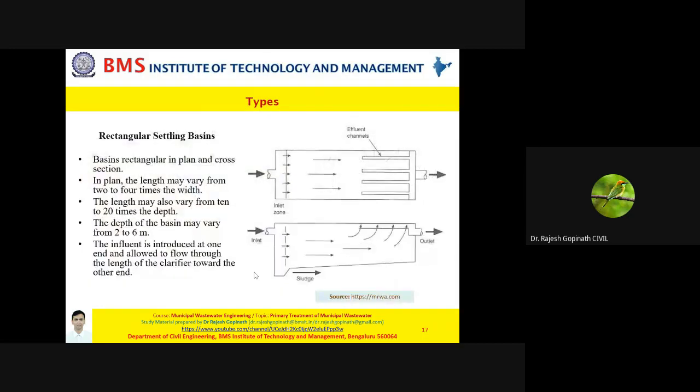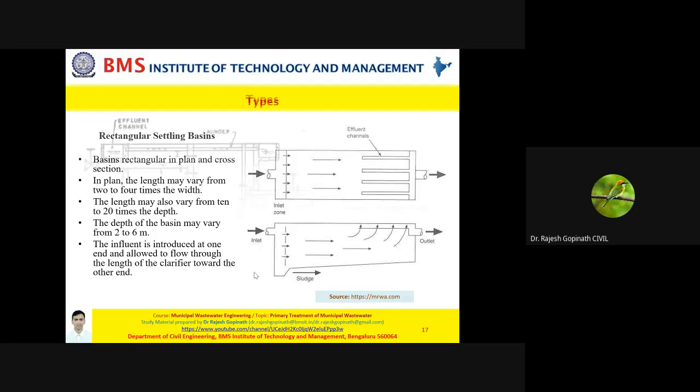Now let's move on to the rectangular settling basin. Here what we need to understand is, this is most preferred. Though they occupy greater area and have lesser efficiency in clarification, they are more preferred because of simple operation, and also because the maintenance cost is less. Here the wastewater enters in a horizontal direction, and then the wastewater is distributed across the channel.